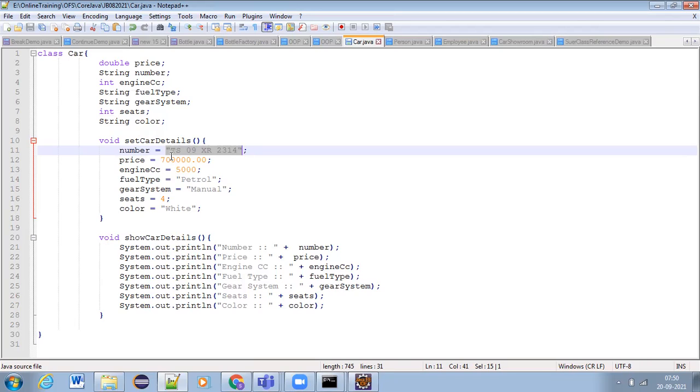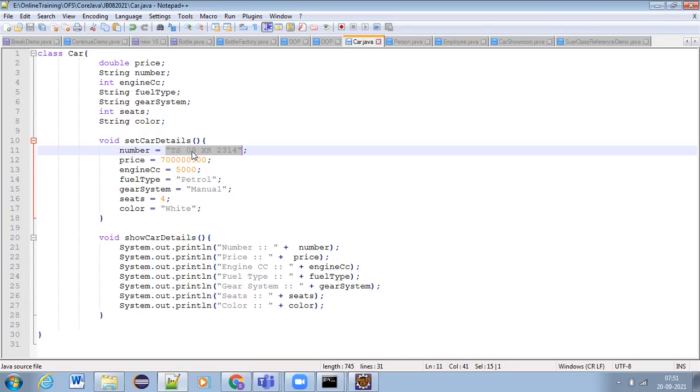This will not be the real time use case, always hard coding the values for class members. It should be user given values, user input values.